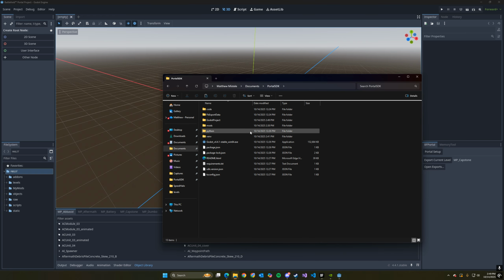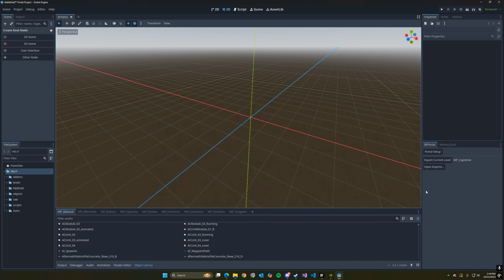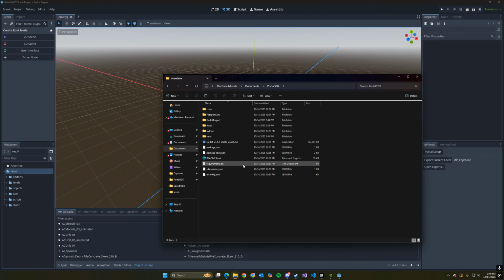You can see here it's in my documents folder. And that you've already opened Godot and you've already hit this Portal setup button, which initializes Godot for our Battlefield Portal stuff. So at least my recommendation when starting out to create a new mod is that